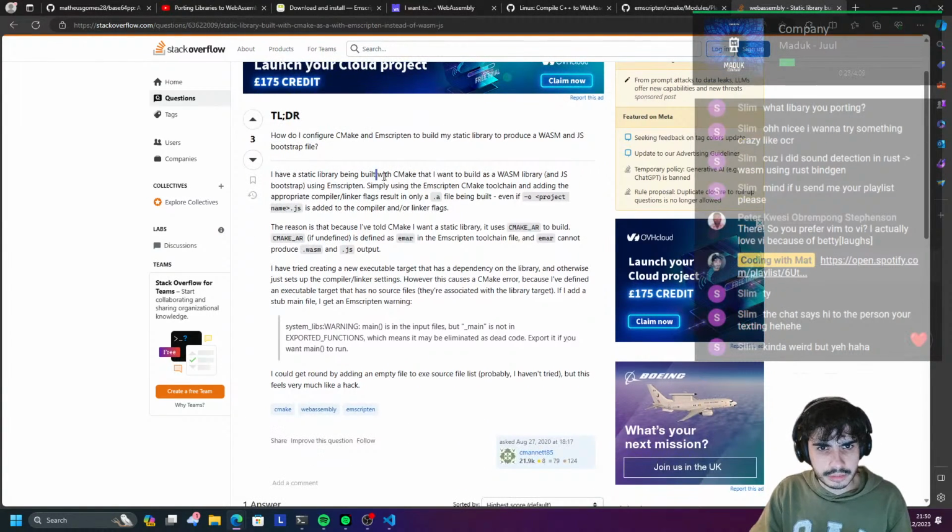I have a static library being built with CMake, but I want to build a WASM library file and a bootstrap for Emscripten. Simply using the Emscripten CMake toolchain and adding the appropriate compiler flags results in only a .a file being built, even if -o project.js is added to the compiler and/or linker flags. The reason is that I've told CMake I want a static library. Use a CMake AR to build. Yes, that's correct. CMake AR is defined as EMAR in the Emscripten toolchain, and EMAR cannot produce WASM and JS output. I have tried just creating a new executable target